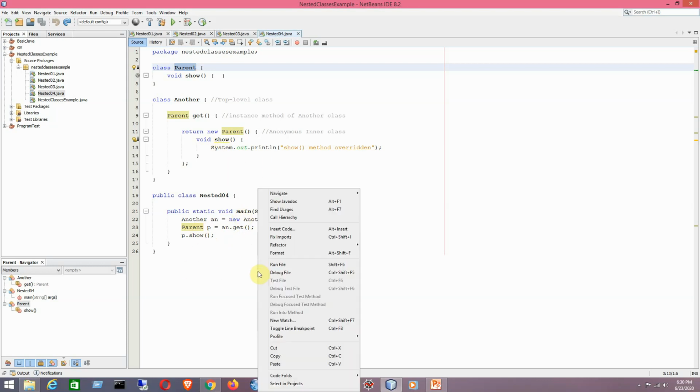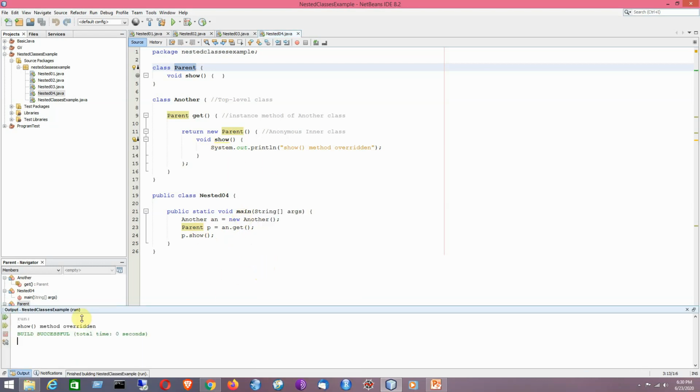So just trying to run the program, it will give you the output. Show method overridden, that means this particular method has been called here. So that is the logic of this program. I hope that you have understood the concept of nested classes. It is basically of two main categories, non-static and static.